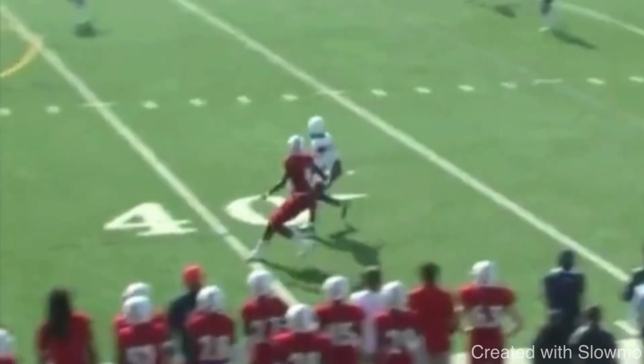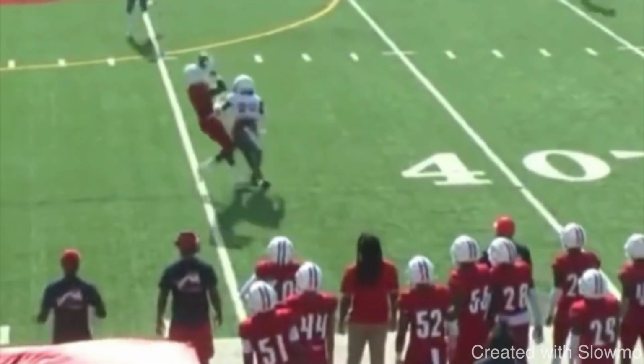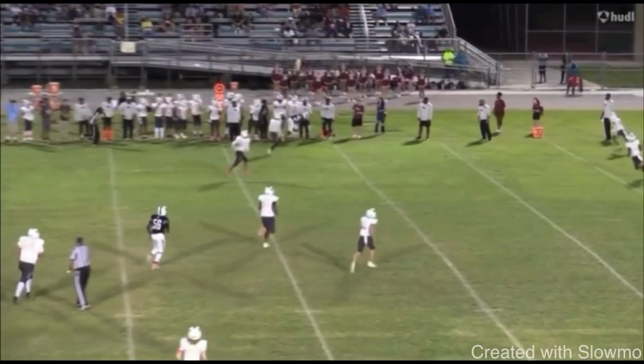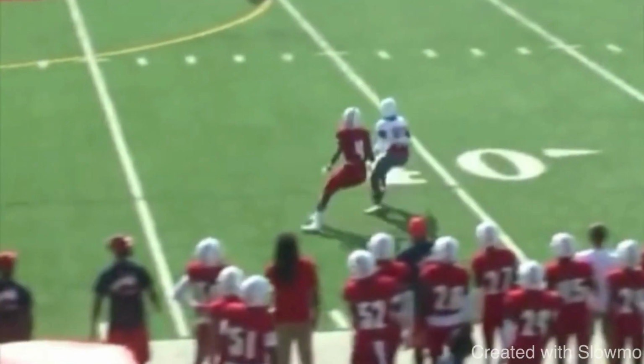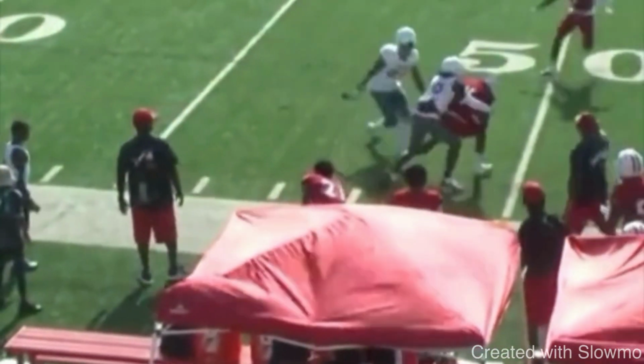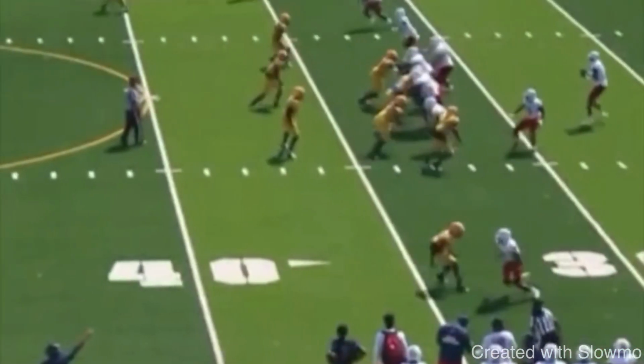Like, this is literally the definition of that head top. Anytime there's a fade and a receiver catches it over somebody, they always do the head top. It's like, it's not a head top. This is a head top catch. And these are the types of plays, guys, underthrown ball. A lot of receivers don't make this play. A lot of receivers don't come back and don't secure this ball. And these are the types of catches that they're looking for, plays that they don't expect us to make.